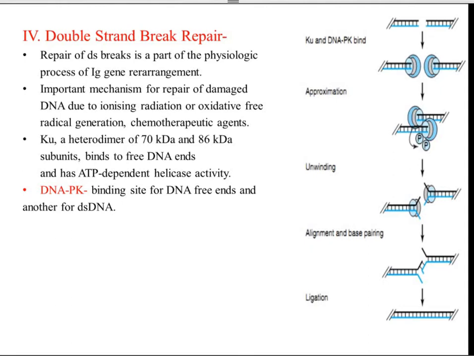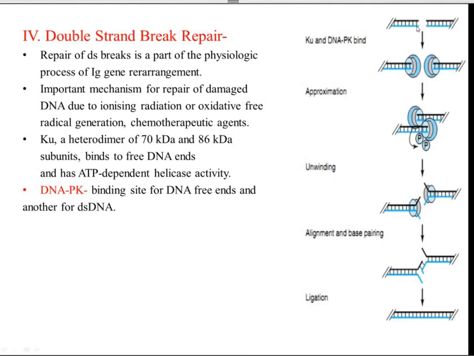This is done by a process of gene rearrangement. The various elements in the genes will rearrange themselves and that will result in formation of different antibodies. This you will be studying in the regulation of gene expression. So usually what I want to stress here, during the physiologic process of gene rearrangement, double strand breaks can occur